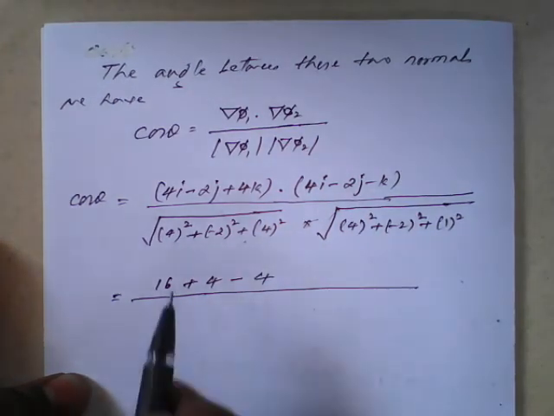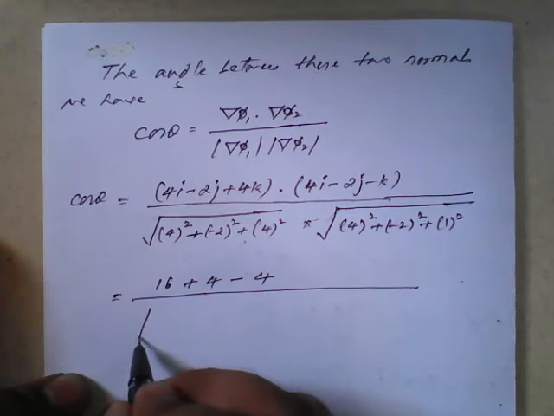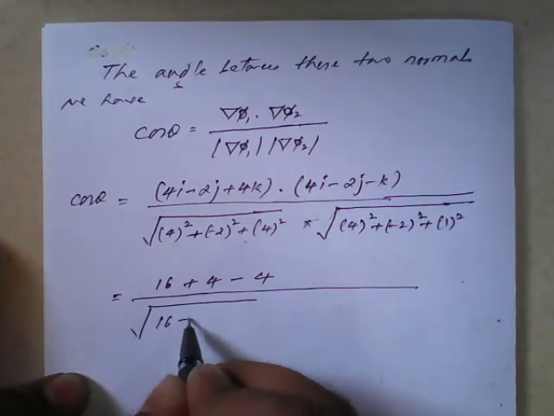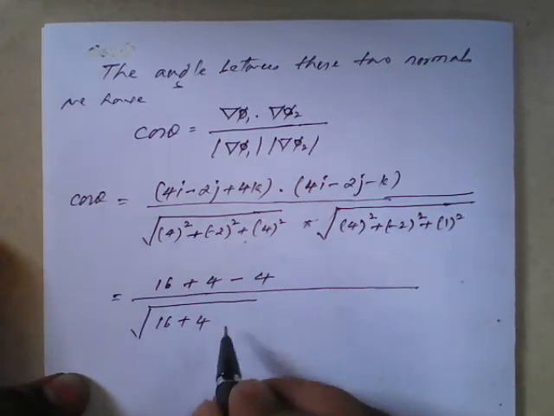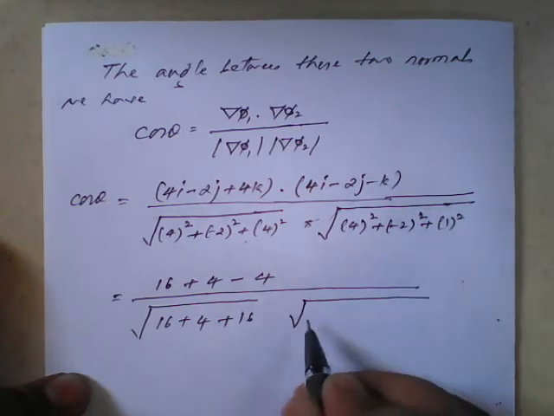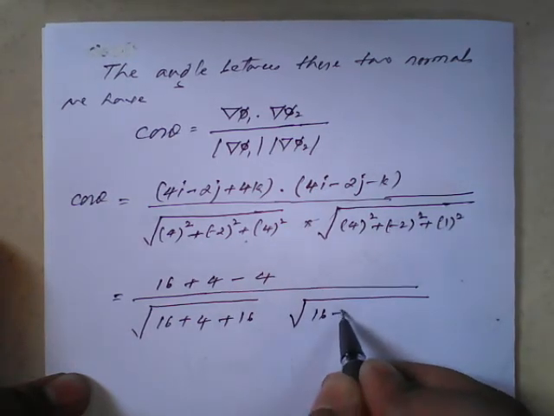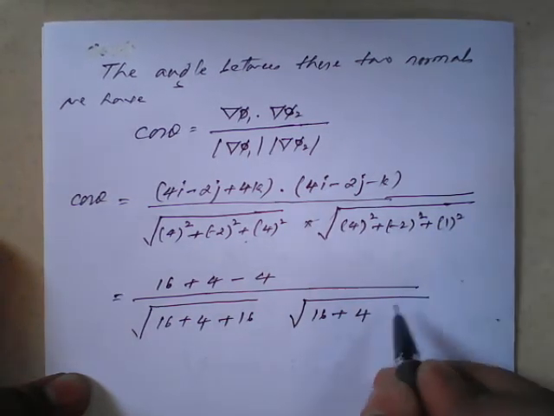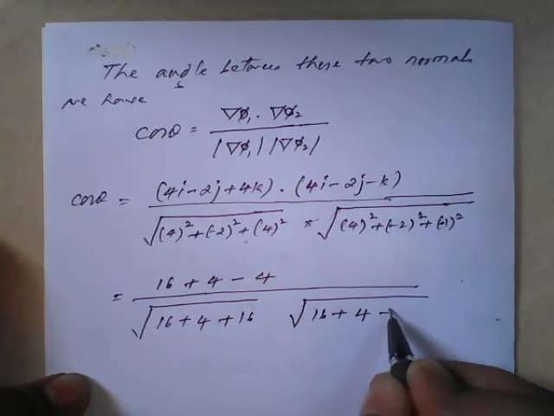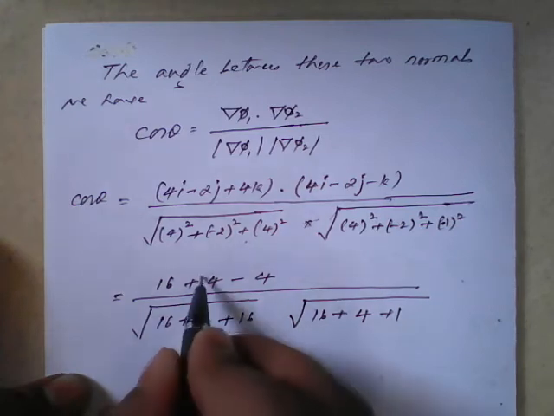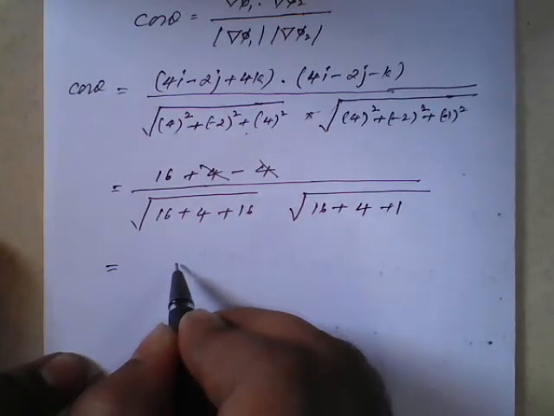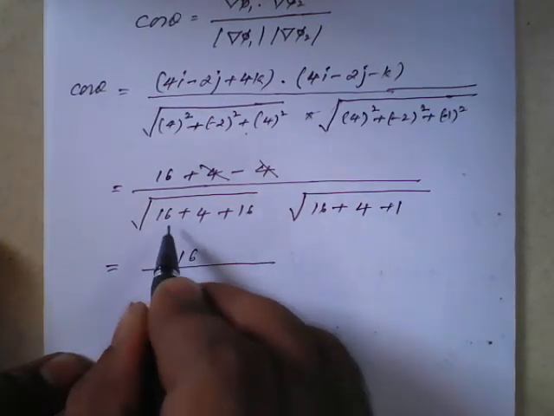The denominator will be square root of 4 square is 16 plus minus 2 square is 4 plus 4 square is 16, and in the other root it will be 4 square is 16 minus 2 square is 4, and this is minus 1 square, minus 1 square is also 1. So on simplification, this plus 4 minus 4 cancels, and we are left with 16 divided by